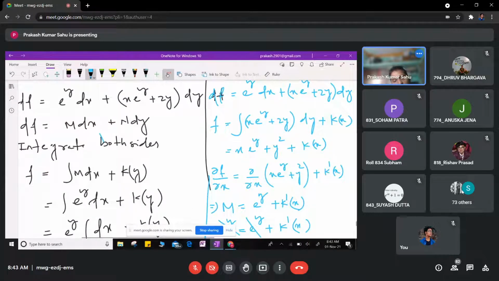That means the right hand side we can integrate with respect to x, also we can integrate with respect to y. तो पहले x में integrate करोगे तो second step में y में differentiate करोगे, and if you take integrating with respect to y, then in the second step you would differentiate with respect to x. Okay, so this is the process to find the solution of the exact differential equation.